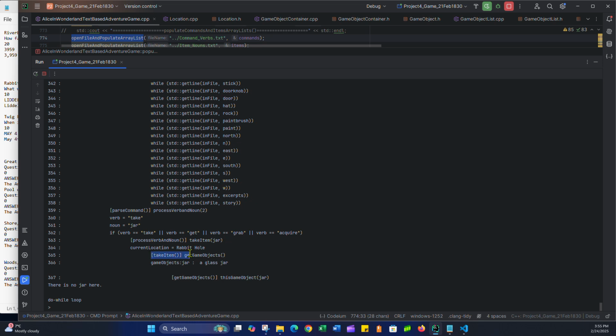And then in the take item function, I make a call to the get objects function, and this is the objects that exist, just a jar, a glass jar, and that get objects function makes a call to this game object, passing in jar. But as you can see, the actual printout, this is associated with the game printout, there is no jar here, but it shouldn't be. And the reason being